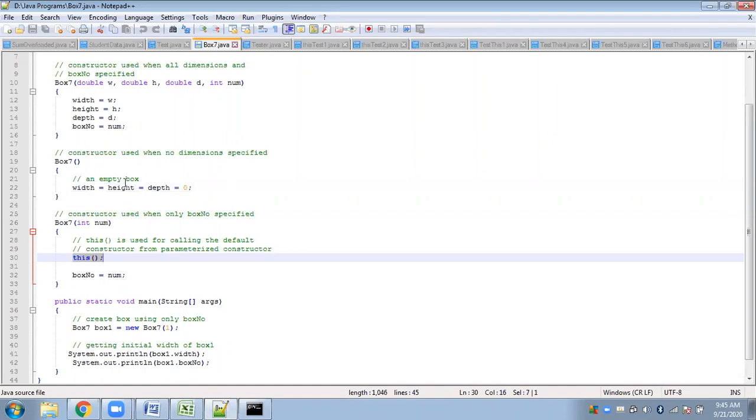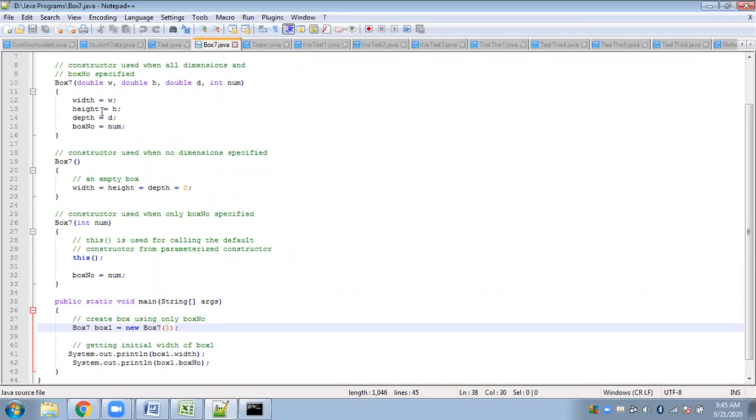For both objectives I have used these constructors, but it is up to you. If you don't want to use any default constructor, it is well and good. It is not necessary to use a default constructor in your programs. You may not have default constructors, but for that you have to pass parameters, just as I have done here. If you don't want a default constructor, simply delete it, omit this part.